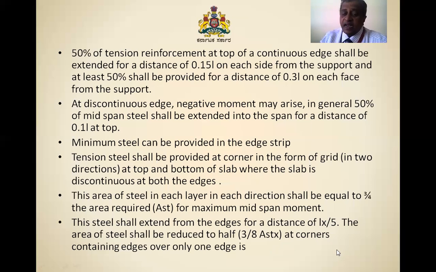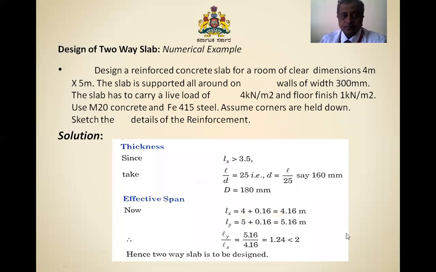Now, this is the design criteria, and we have seen what the design means: the guidelines for how the steel is to be arranged. Now let us go with a numerical example so that we can clarify our doubts to the maximum extent. And also we will see the reinforcement arrangement, how the reinforcement is to be arranged in the slab.